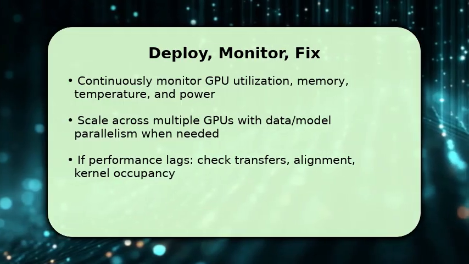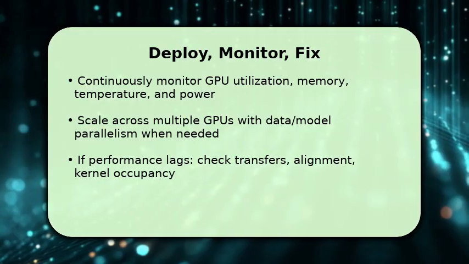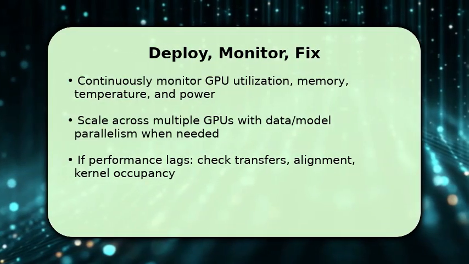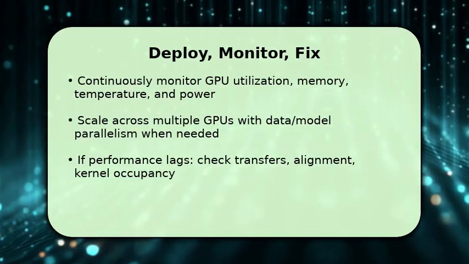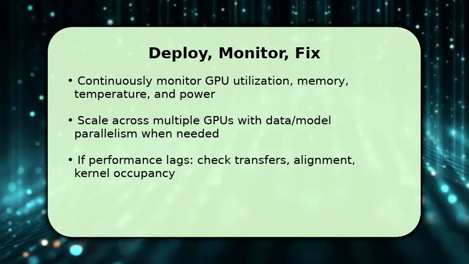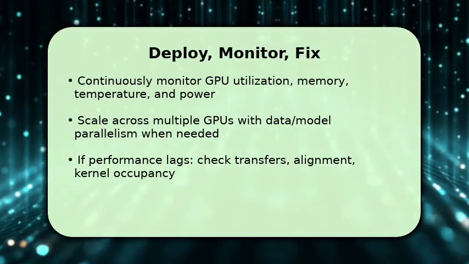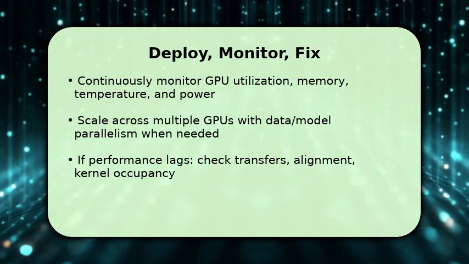When performance stalls, first check for excessive host-to-device transfers, small batches, or memory fragmentation. Then inspect kernel occupancy and memory access patterns. One key troubleshooting tip: if utilization is low, pin data, increase batch size, and profile to find the exact choke